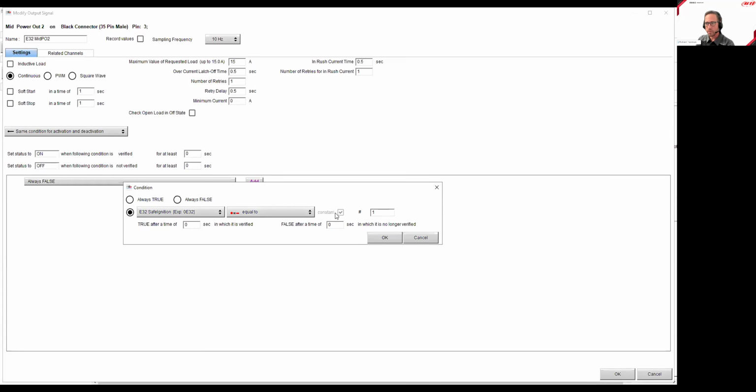So I want it to be equal to 0, and then I want it to go false after 3 seconds. In this situation, when the value is 0 and it advances to 1, the condition is still true. So the PDM is now awake. It's going to distribute power for 3 seconds to your power output until the condition is no longer met, because it's no longer equal to 0 once the PDM's on. So I gave myself a 3-second timer to turn on